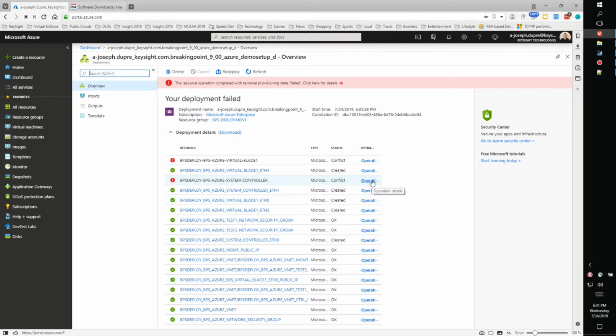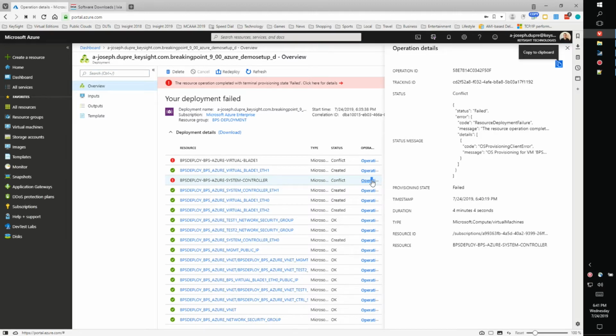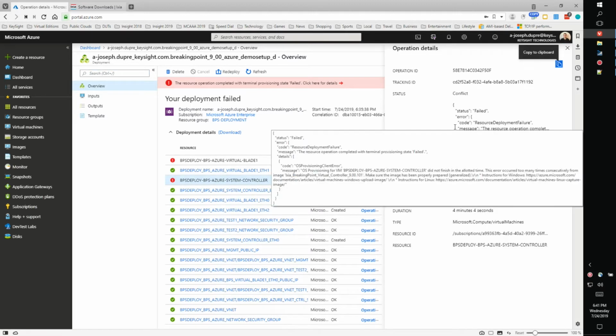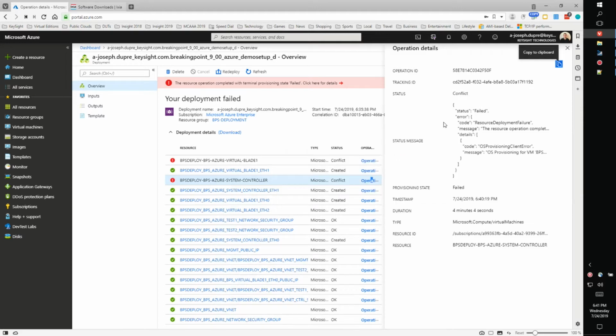Let's take a look at the error under operational details and see what it says. If you hover over here, it's going to tell you that the deployment failed with an OS provisioning client error. Without getting too deep into it, the easiest way to understand this is these are custom images from Ixia, and they are copied from a master image over to your account, and they're unmanaged page blobs at first, right? So it converts it into a managed image, but they kind of start out as